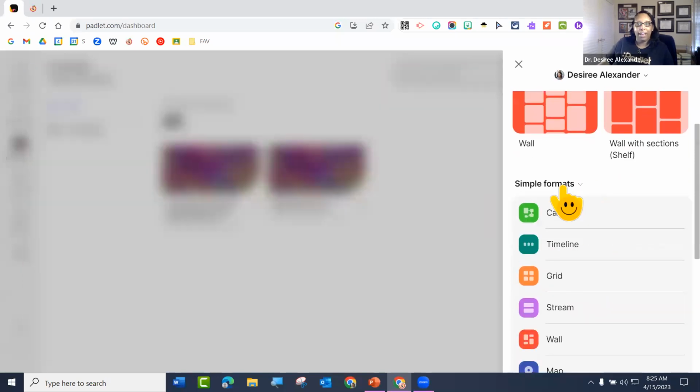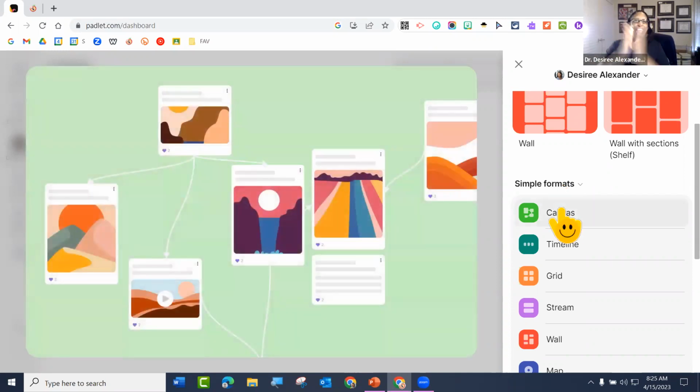So we have a question in the chat from Tony there. Will students need to create an account, or will the link automatically allow them to see the pad? Tony, you'll see that in a second. We're going to talk about sharing settings. It's a yes and a no to your question. Yes, they can create an account, but they don't have to for certain things. So when we talk about sharing settings, I'm going to get to you. I love these questions. Keep them coming.